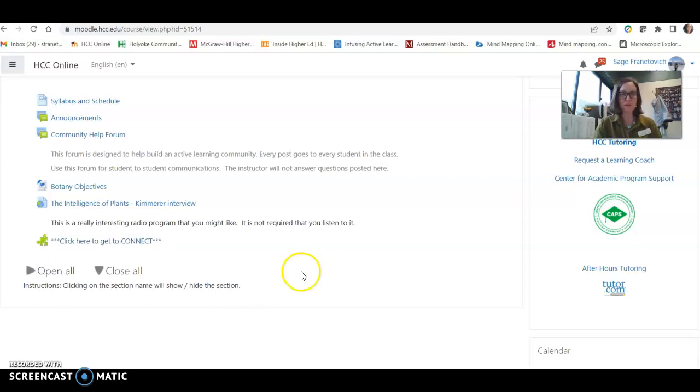So in this first week, I will be putting more information down here to get you started in your studies of botany, and check back frequently. I expect you to check back on this webpage twice or 3 times a week. Okay? All the information will be here. Feel free to reach out to me if you have any questions whatsoever. I am at my email address and ready to help.